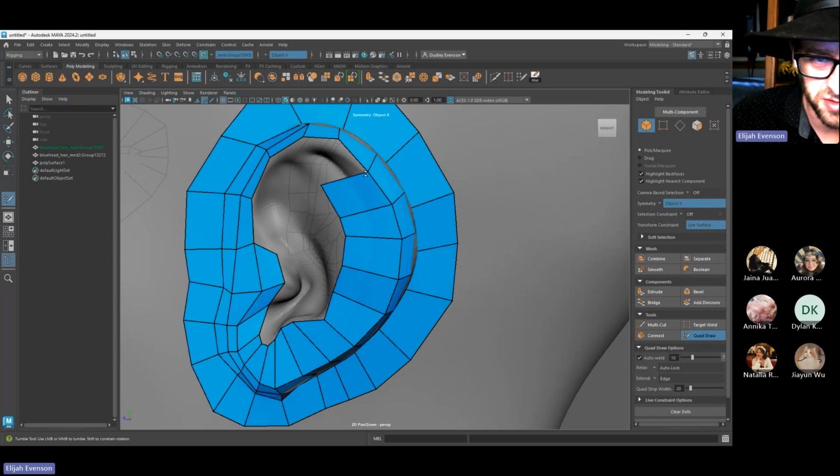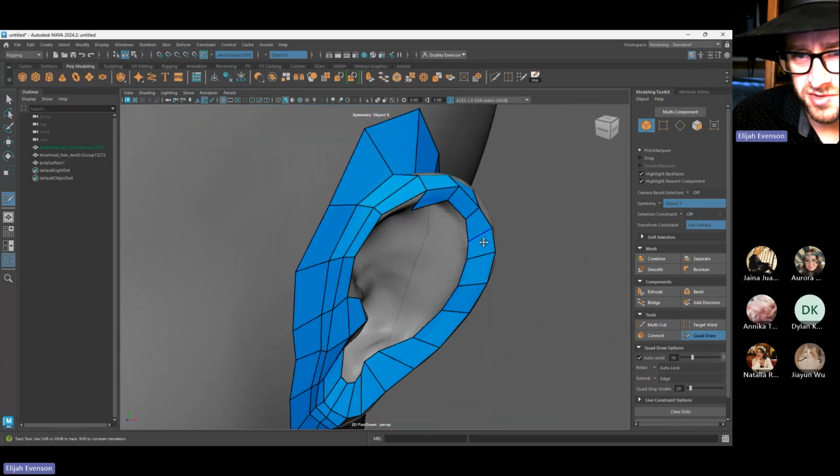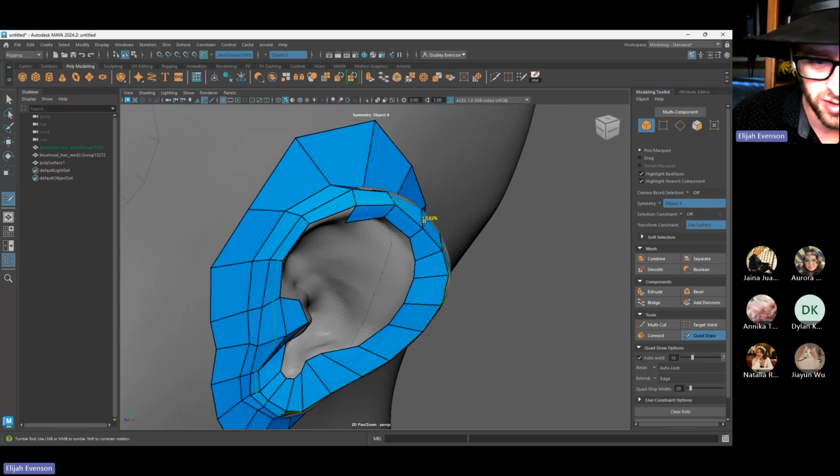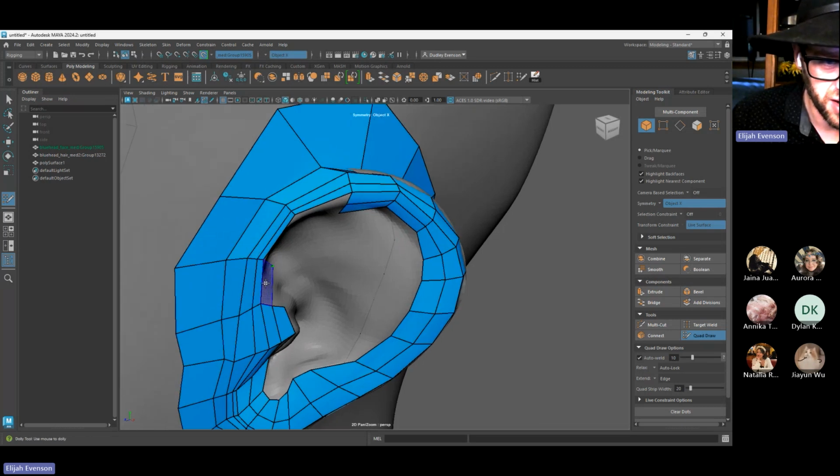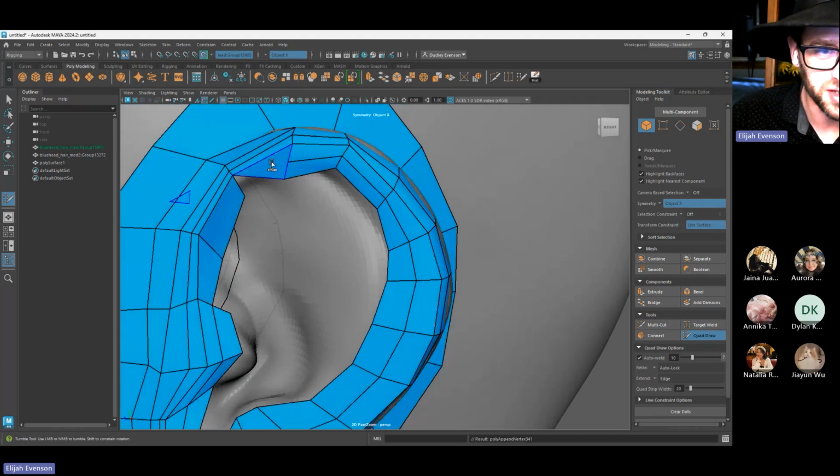Sometimes you can just hold down tab, but I always find just clicking, creating a vert does work a little better. As it rolls around, you want enough edge to not be too chiseled here. So eventually I will add this extra edge here and an extra edge on the inside. And now getting up here, we could probably make a triangle or two because I don't need as many polys here as I do. Yeah, this can kind of flow into nothing as long as there's a concentric circle around the extrusion of